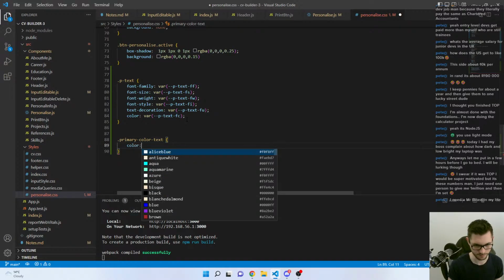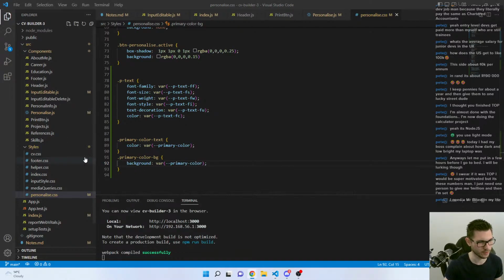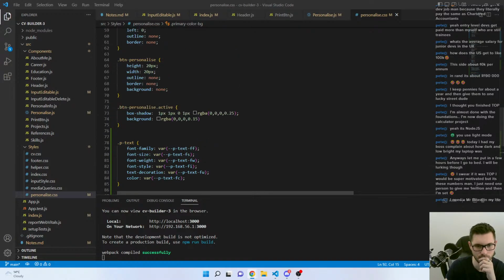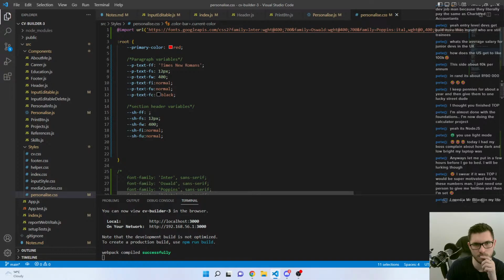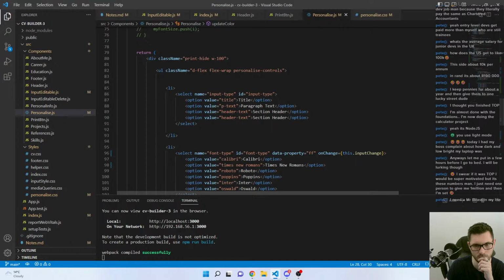Do this color there. Background, and that'll be background. Getting there slowly. Primary color, so